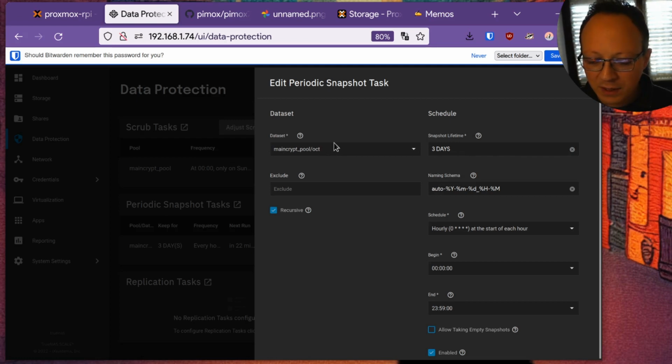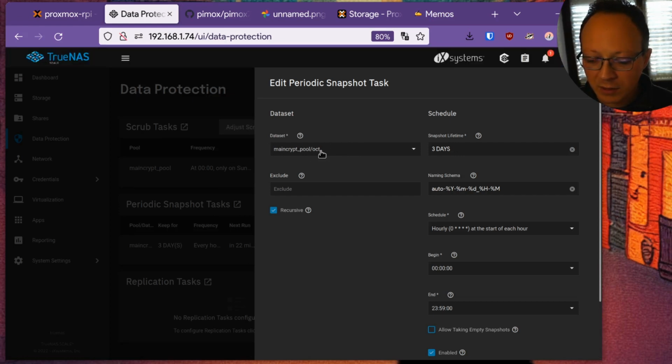So you can pick the dataset that you want to do the snapshots, and this is the OCT snapshot dataset. You can pick here the lifetime, so how many days you want to keep this kind of snapshots, and this is the naming for your automatic snapshots.